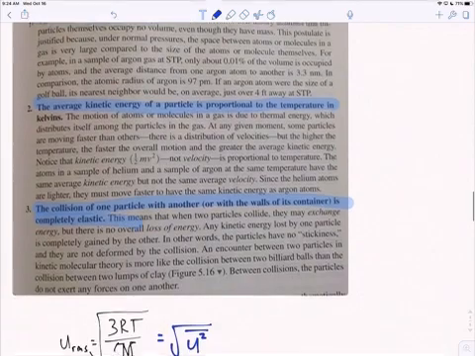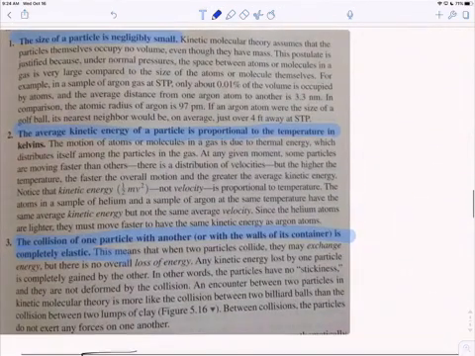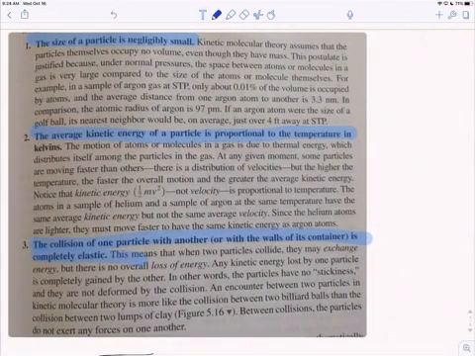So here are the postulates for kinetic molecular theory. The size of a gas particle is negligibly small, which means that the particles themselves are small. Atoms are small, so this is a pretty good approximation postulate. The average kinetic energy of a particle is proportional to temperature in Kelvin, which makes sense. That's a definition of Kelvin anyways. And then the collision of one particle with another or the walls of a container is completely elastic, meaning there's